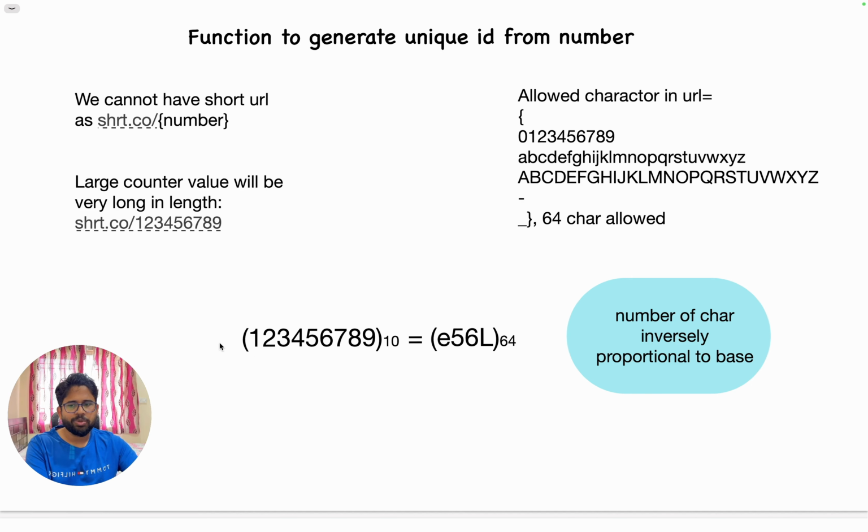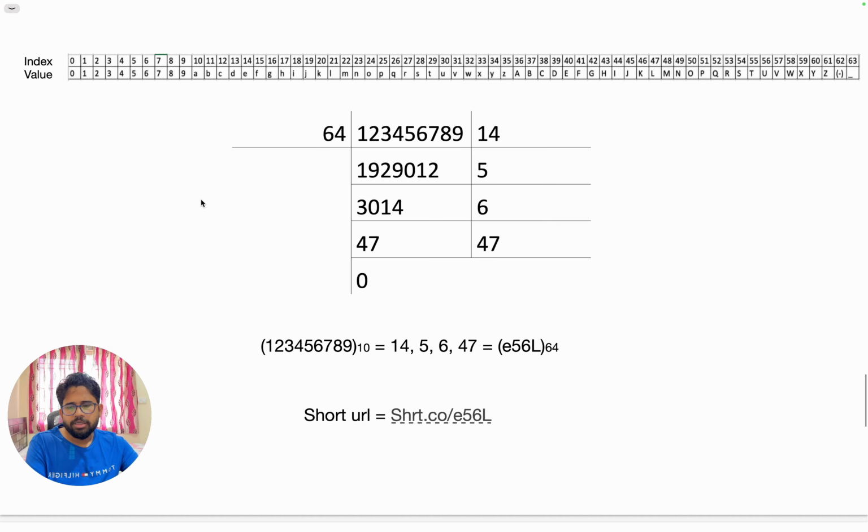Imagine you have base 2, then how long this particular number could be, 0, 1, 1, 0, 0. It will be very long to convey the same data. But if it is base 10, you are able to convey the same data in 9 characters. But if it is base 64, you are even able to make it smaller. So now since you have 64 options, we'll convert it into base 64. Let's see how. I'll have an array of 64 length, index 0, 1, 2, 3, 4 up to index 63, and I'll assign these values to that array: 0 to 9, then A to Z, capital A to Z, hyphen and underscore.